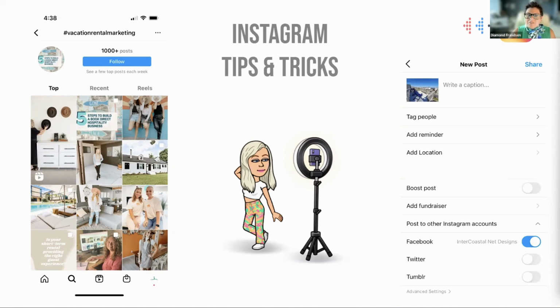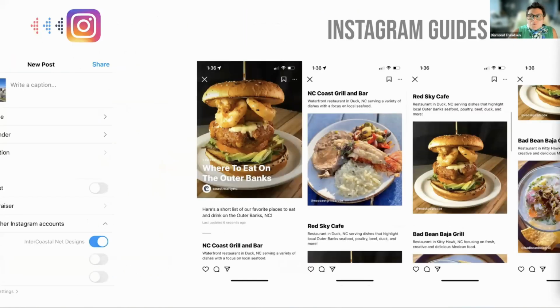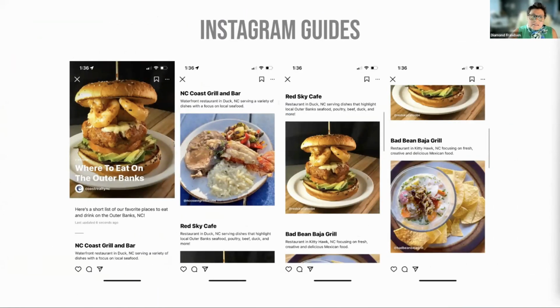So if you don't have the bandwidth to be across all platforms, these social platforms are listening to the audiences and how they're using them, and they're mimicking some of those tools and features. Something I really, really like on Instagram, and this is my hot take for Instagram, is